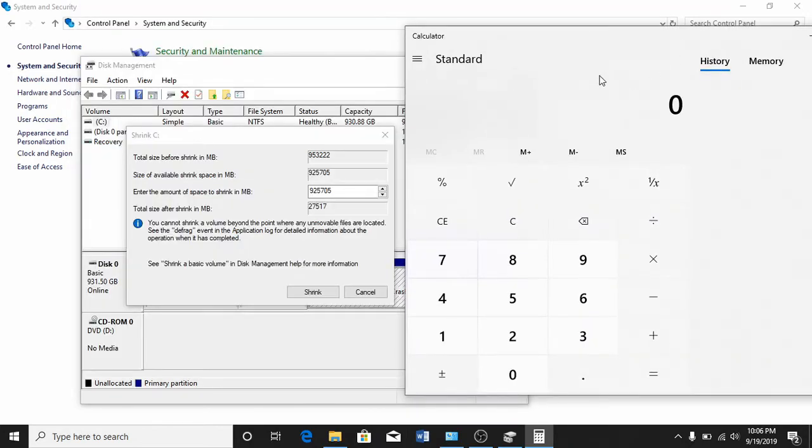Next, we take the shrink space available, that is 925,705 MBs, and subtract 102,400, which results to 823,000 or 823 GBs.